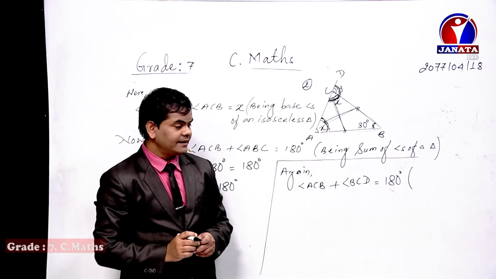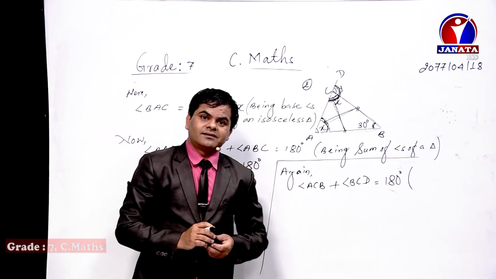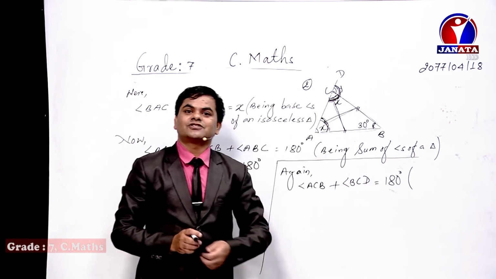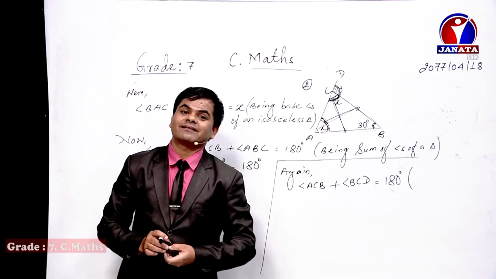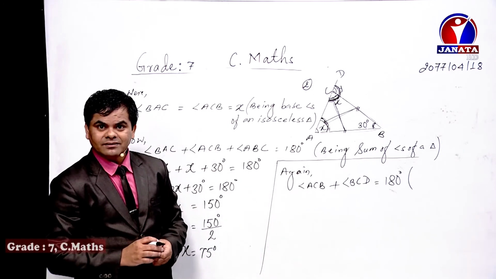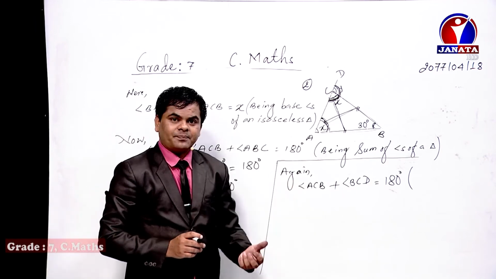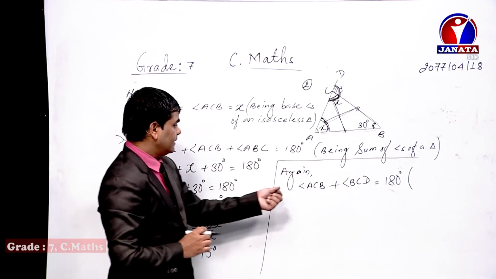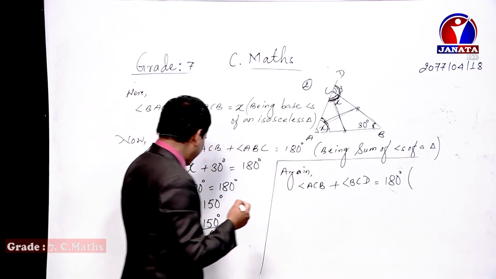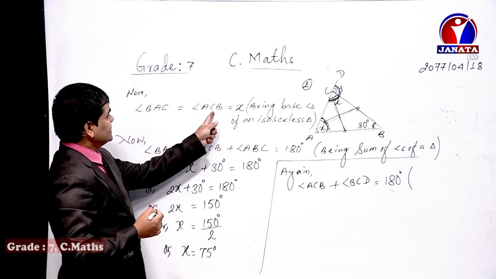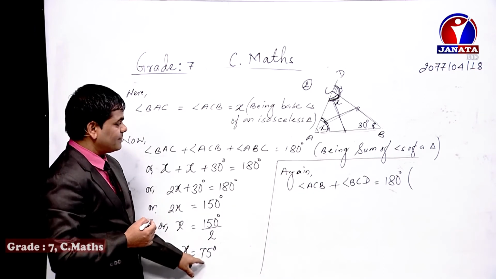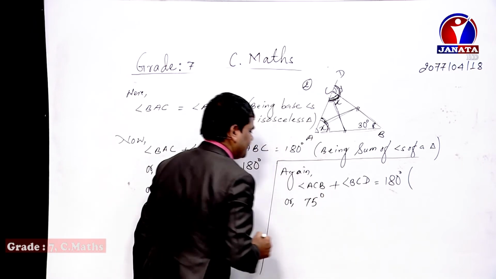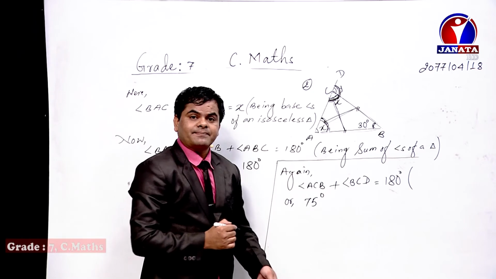Now it's the turn of you, dear student, to write the reason here. I am not going to write it there. Sum of supplementary angle, or sum of linear pair, or you can write sum of straight angle. Any one among those three reasons, if you write, it will be 100% accurate. Then what about ACB? We just got the value of x. ACB equals x, and we got the value of x as 75 degree. So in the second statement, in the place of angle ACB, we write 75 degree.